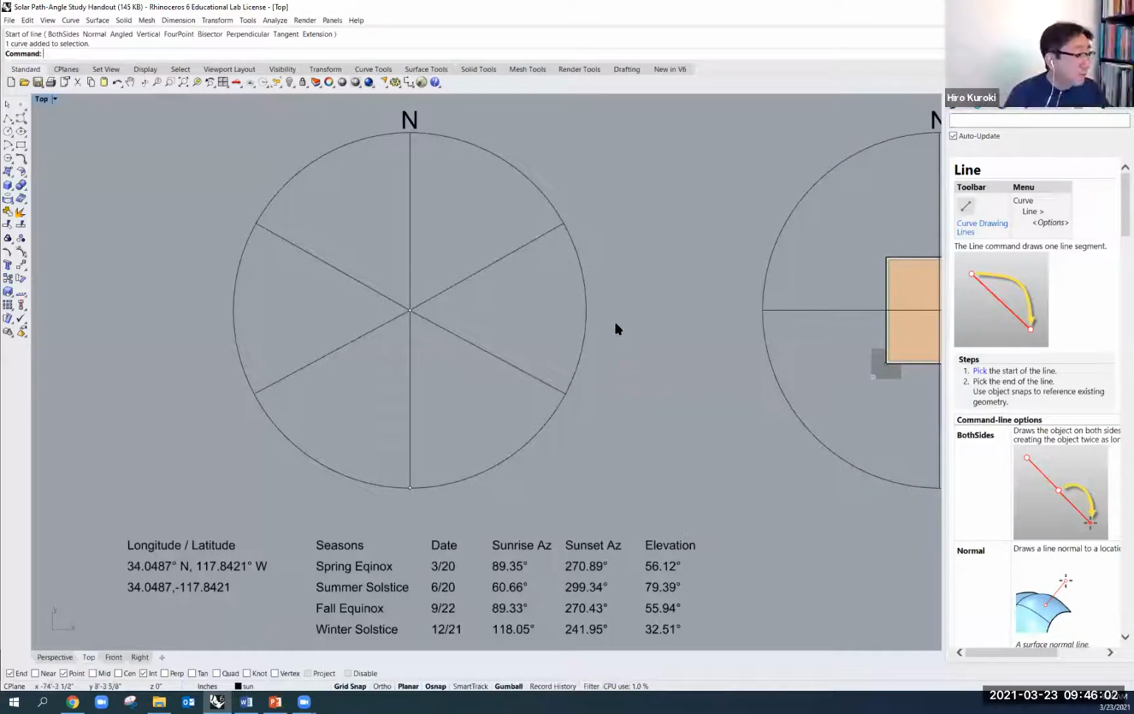Okay, so far we've figured out where the sunrise and sunset are in the summer, the sunrise and sunset in the winter, and basically we're just saying that the sun at noon is due south. Okay, so right here, these are the points that I want to use. Now,